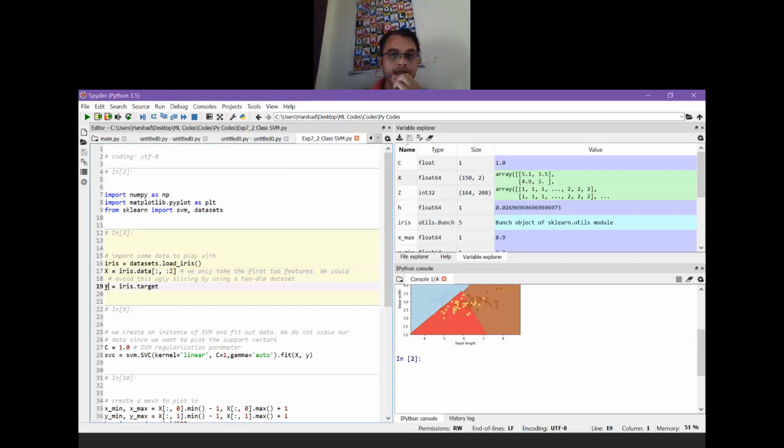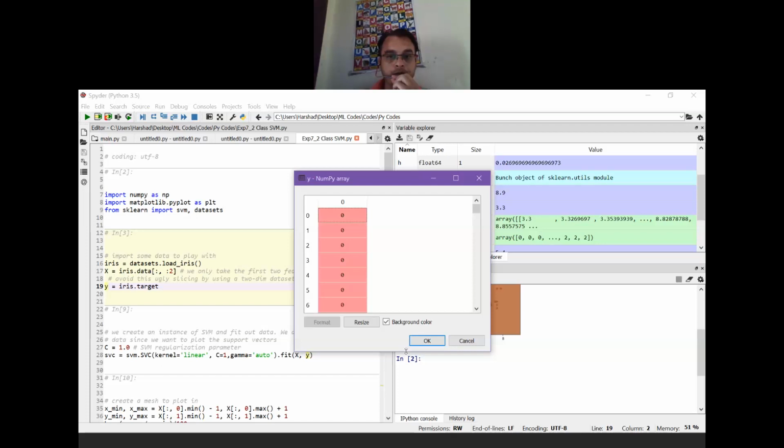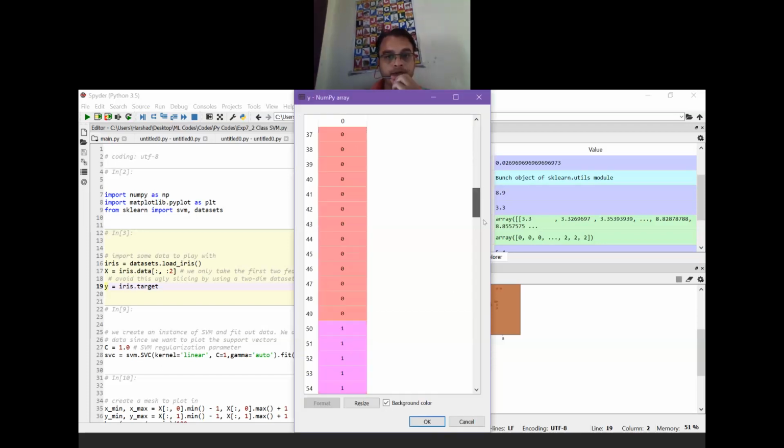Now y is the target, and we are interested to know about the target. If you look carefully, first some values are shown as 0, next some values are shown as 1, and the next value is 2. So y has only three values: 0, 1 and 2.